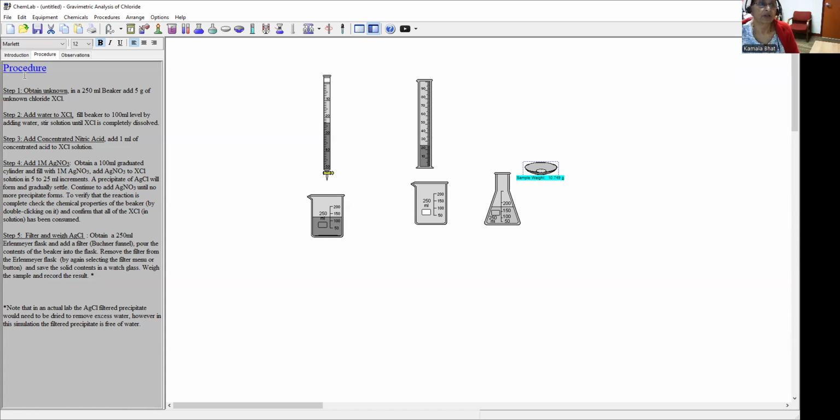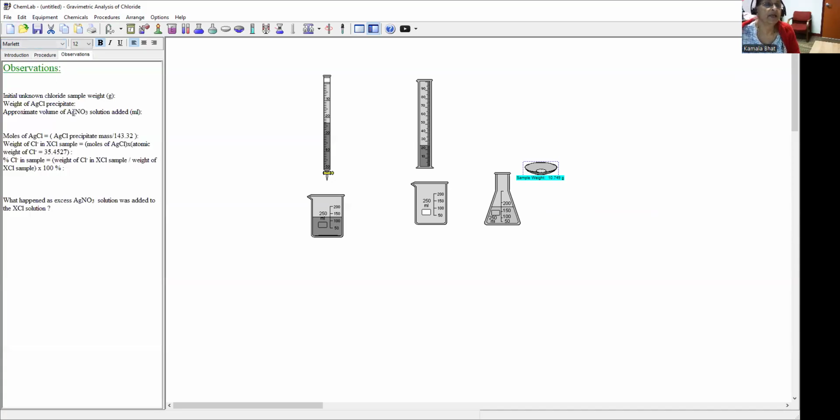that is formed. Now with that, you can enter the unknown weight of the sample that you took, weight of the silver chloride formed, an approximate volume of silver nitrate solution you added. So you enter all this. Then the moles of silver chloride, I told you how. You have the mass. In my case, it is 10.749 divided by 143.32. Get the moles, then weight of